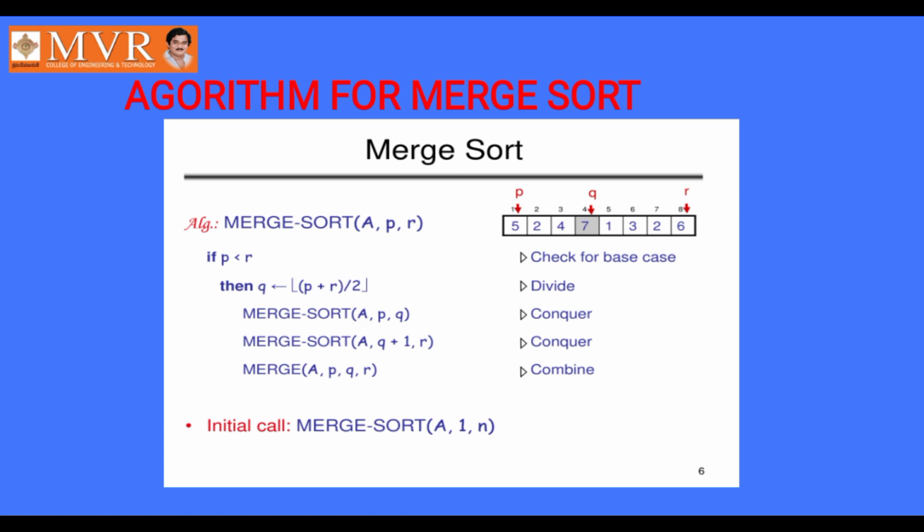Before, I calculated and it was 4. Whether it is 4 or whether it is 5, the mid position value will be the same. That is, the element at the 4th position will be the same as the element at the 5th position. Whatever technique I apply, whether I start the index with 0 or whether I start the index with 1, you will get the same mid value.